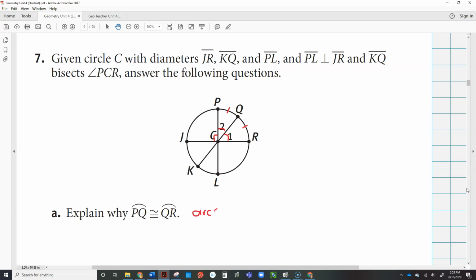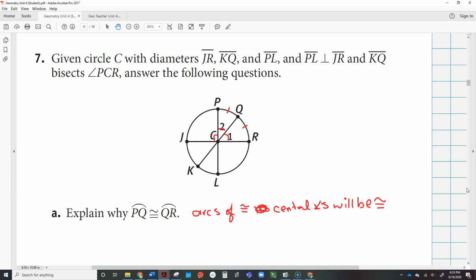Arcs of congruent angles, and we should be congruent central angles, will be congruent. Because